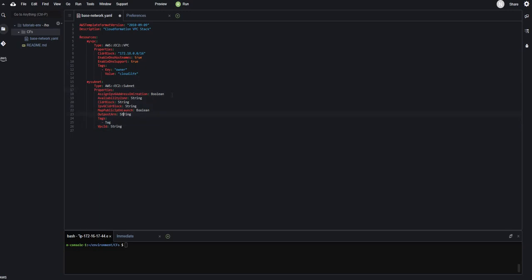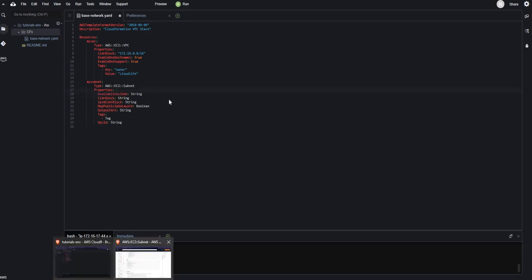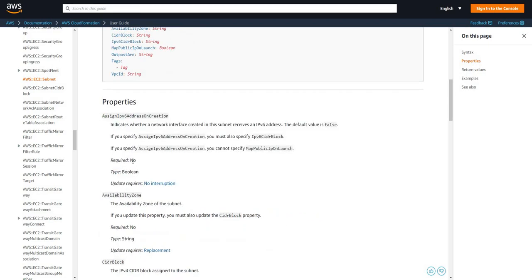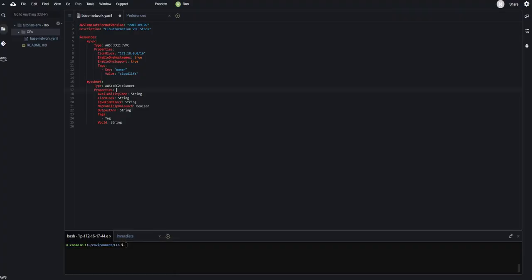Then assign IPv6 address on creation. I do not need one. This one again, since I'm more familiar with this, I'm just deleting stuff and doing that one. But when you are deleting it, first of all check whether it's required one. No, it's not required, so I'm not going to give it. And then we'll do this one also, again not required, but I'm going to give it like I want to create my VPC's subnet in ap-southeast-1a,